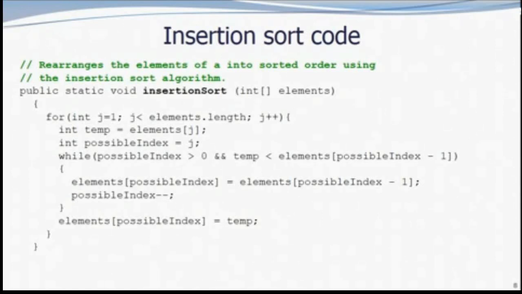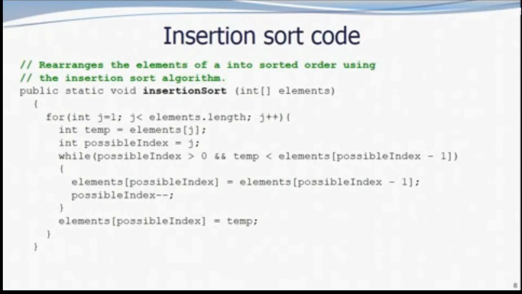We go through the whole list, and as we go through this pass, we get the element we're currently at, the very next element, and we say, okay, its new possible index is going to shift. Right now, both j and the new possible index are in the same place. Now, keep going so long as possible index is greater than 0, and that element that we're currently at is less than the element at my new possible index. We're checking the one before it. So if the one at 1 is smaller than the one at 0, it's going to enter the while loop,